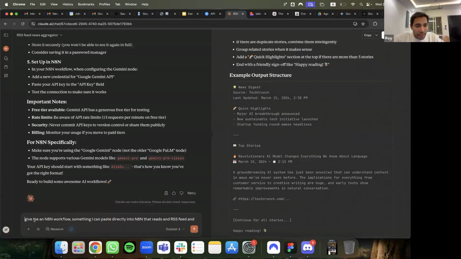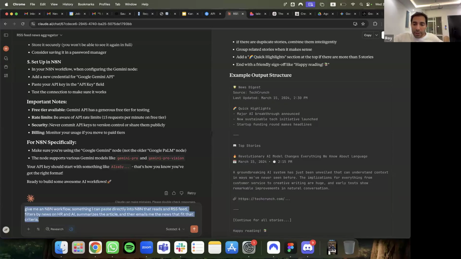So give me an N8N workflow, something I can paste directly into N8N that reads in RSS feeds and filters by news on HR and AI, and then emails me the news that fit that criteria, that reads, filters with AI, and summarizes the article.